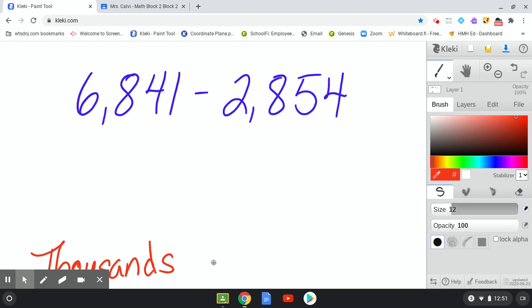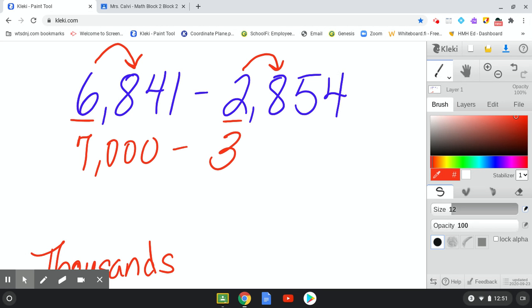So I'm going to underline the thousands place in both numbers. I'm going to round them as I would normally round. The 8 tells me the 6 becomes a 7. Everything to the right becomes a 0. Draw my arrow to the 8. The 8 tells me the 2 becomes a 3. Everything to the right becomes a 0. So now I'm going to do 7,000 minus 3,000, which gives me 4,000 as a